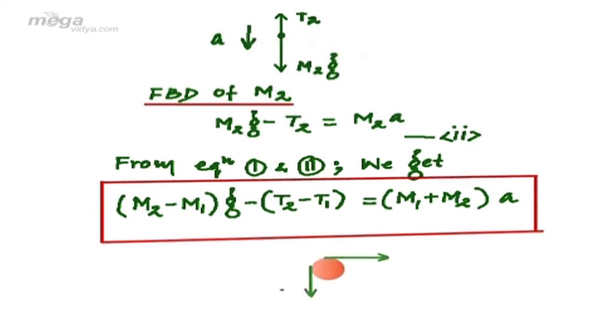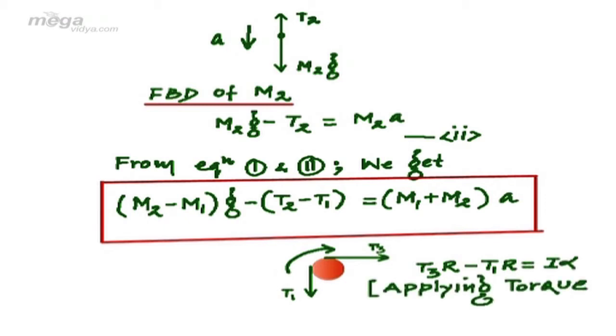Now, taking the pulley as a system, force T1 is acting in the downward direction and T2 is acting in this given direction, and the pulley is rotating in the clockwise sense. Let us consider this tension as T3. We can easily say the torque due to T3, that will be T3 into R, where R is the radius, minus torque due to T1, that is T1 into R, again R is the radius, will be equal to I alpha. Applying the torque equation,